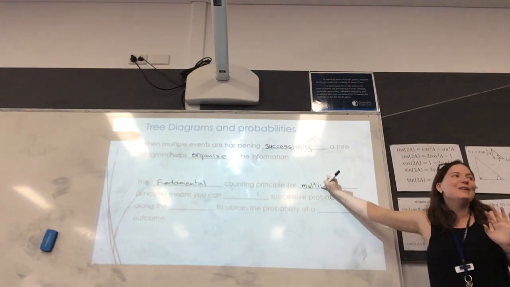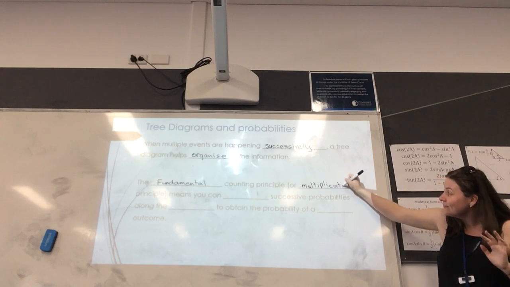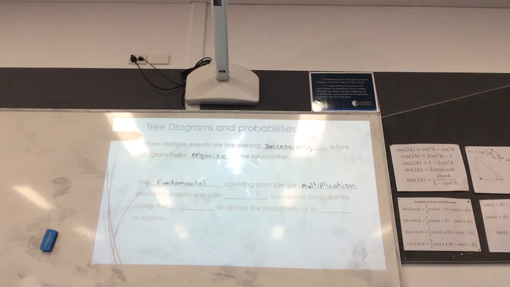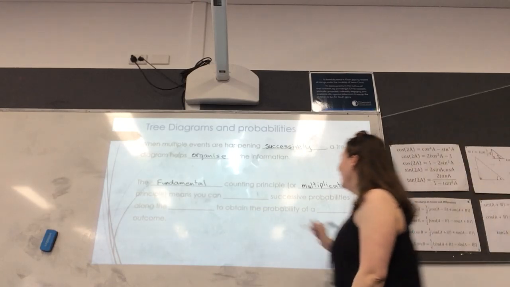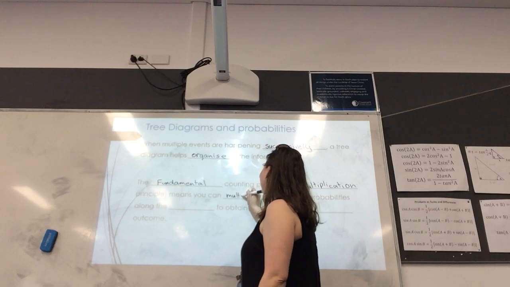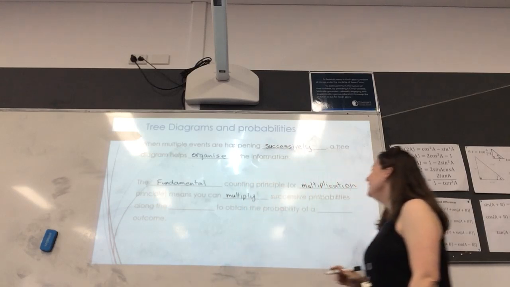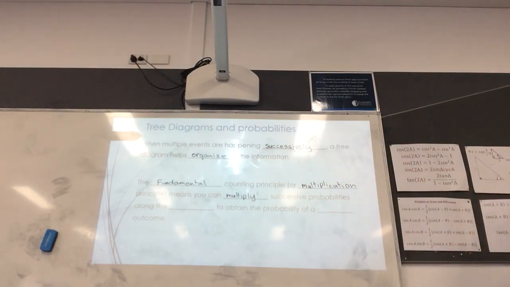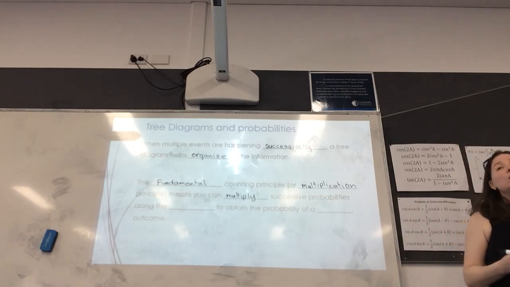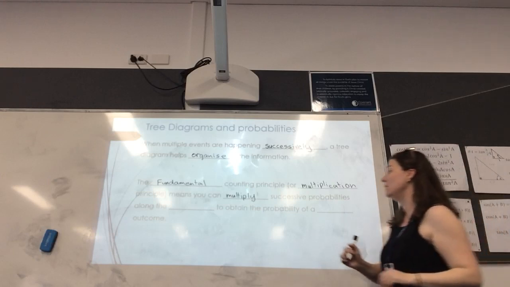So the multiplication principle is called the fundamental counting principle. It's just the thing we talked about. Multiply it like for Josh's dress-ups, okay? You can multiply successive outcomes together. Now, we'll apply this to our probability tree, where we'll have probabilities on there because the situations will be a bit more complicated. And as we move along the tree, we'll multiply the numbers along the branches.